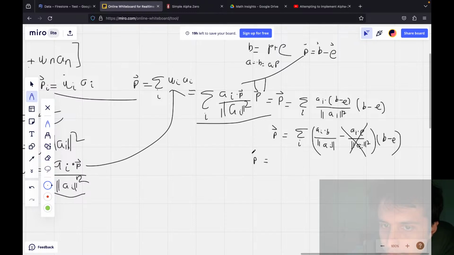So P equals the summation over I of AI dot B over, wait, I forgot the square, right? AI squared B minus